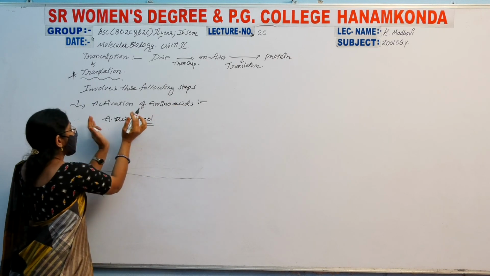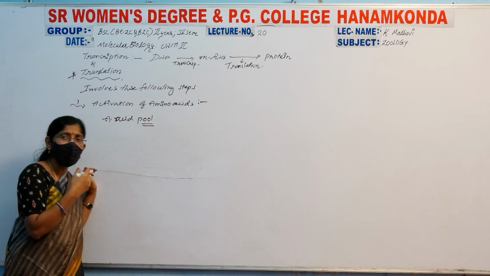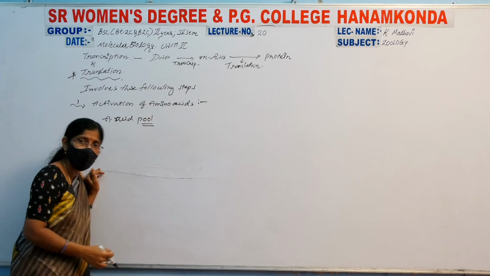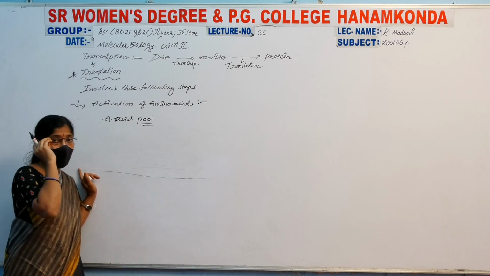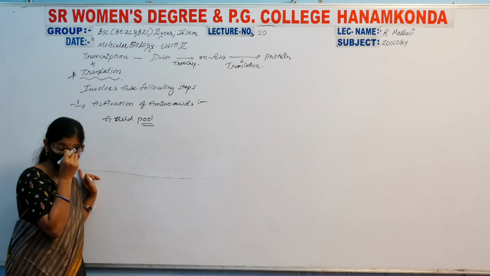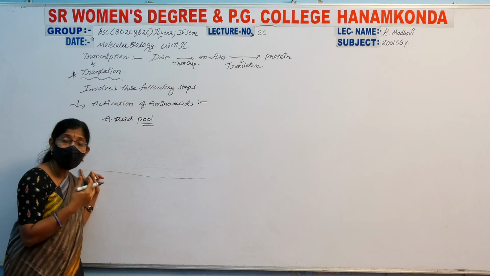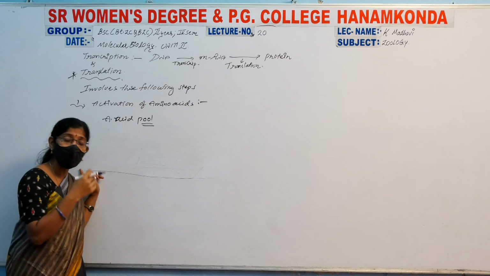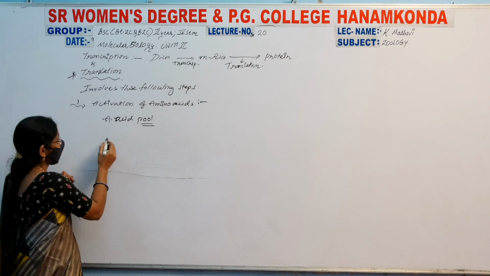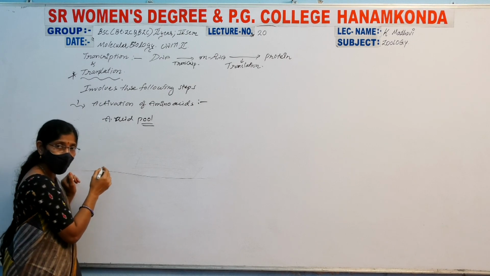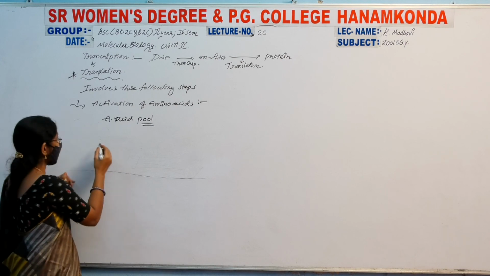So many amino acids are there, and there are specific amino acids when they are getting ready to attach with the mRNA bonding. That's why they need activation. Why? Because only when they are activated can they participate in the reaction. That's why amino acid synthetase is the important enzyme here.